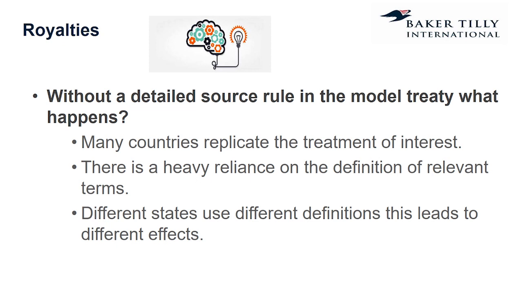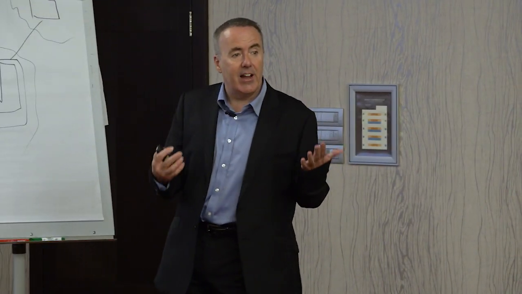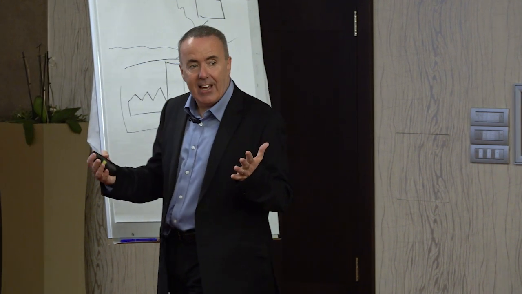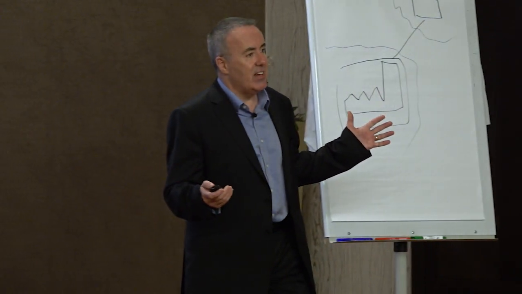Royalties, strangely enough, is the thing that's been in the news most, isn't it? Because some of the big tax planning that we've seen with multinational companies involves Google sticking all their intellectual property rights in Panama over there, and basically all of the income that Google earns really isn't taxable here because they have to make such a massive royalty payment over to Panama in order to use the name in the first place. That kind of planning is the thing that really hit the headlines in recent years.